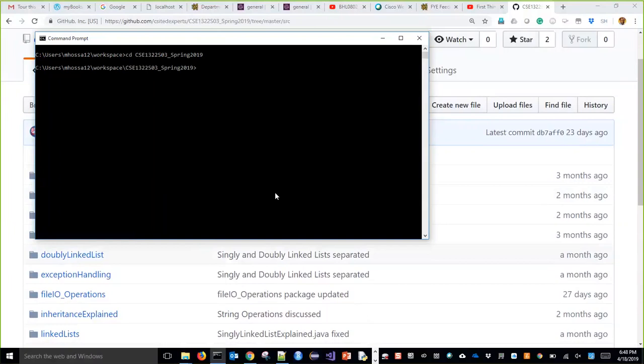Then use one command: git pull origin master. Do this command and you will get the latest code. If you are behind since the last time you cloned my project, then you will get the latest code.